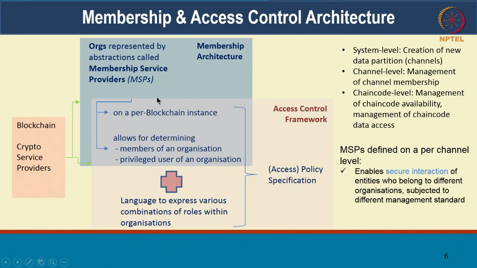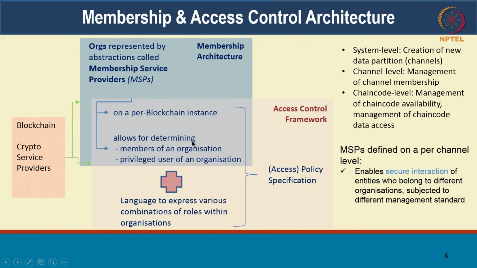That allows you to plug any kind of identity management structure, any kind of certificate authority, into Hyperledger Fabric. This membership architecture is there per blockchain instance, which means that every peer and every orderer has an MSP within it. And this MSP will provide the unification across the different kinds of certificate authorities different instances might use. Even within peers themselves, organization A's peer can have a different certificate authority from organization B's peers, and the MSP provides that unifying interface.